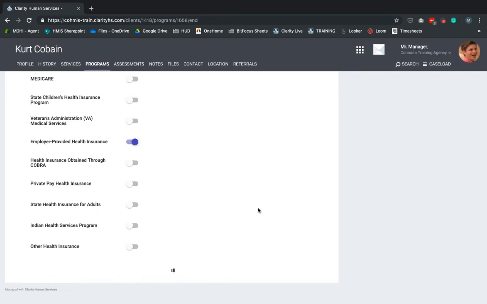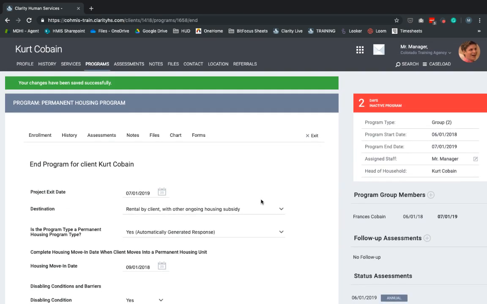Other than that, again, if you're making good progress with your clients over time, tracking those changes, the hardest thing you should have to do at the project exit is to verify the information is still correct and to enter the exit date and the destination. But any questions, as always, please reach out to us or your HMIS lead agencies, and we can review those with you.